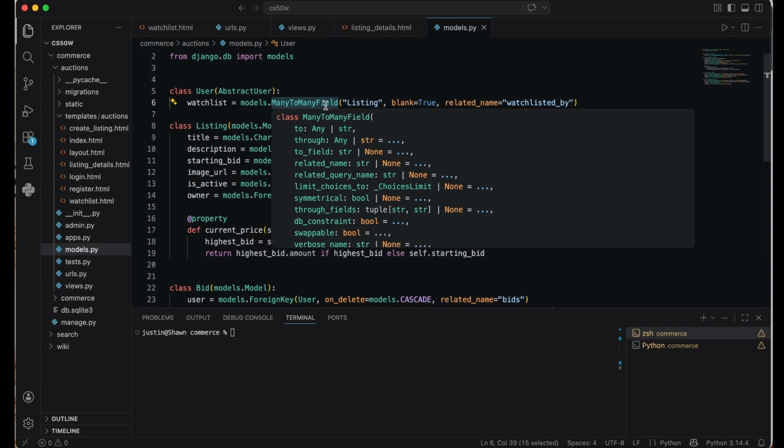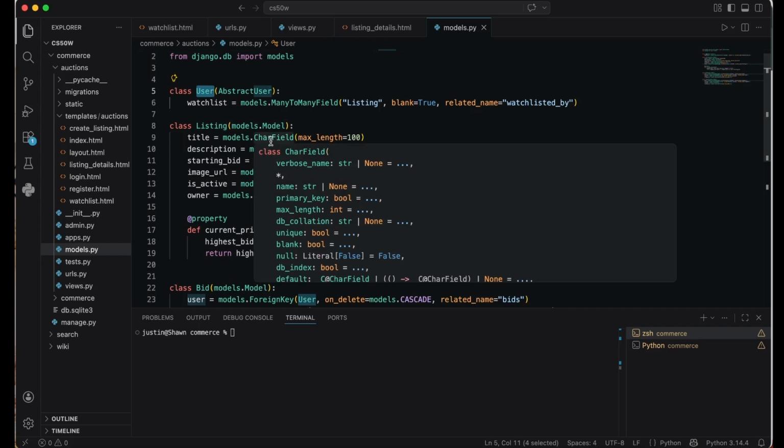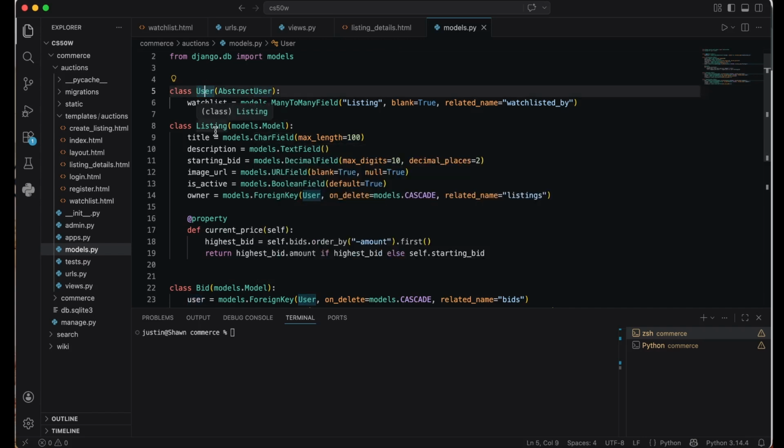The key idea is we are extending the ability of our user table and not replacing it. We are adding features to it because the original relationship is one to many, meaning one listing, because our primary is listing. One listing can be made with many users, meaning users can click many listings as they like. But right now, it has been reversed. Each user now has the ability to create listings and put them inside this user. So one user has many listings and one listing has many users. This is the meaning of many to many field relationship.